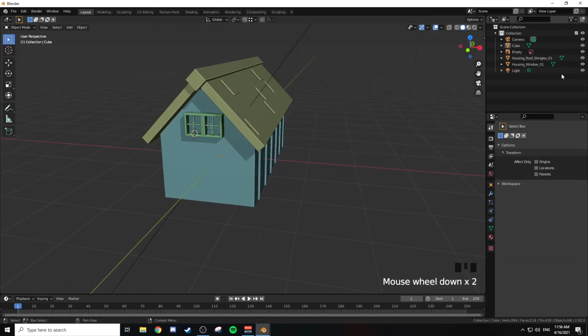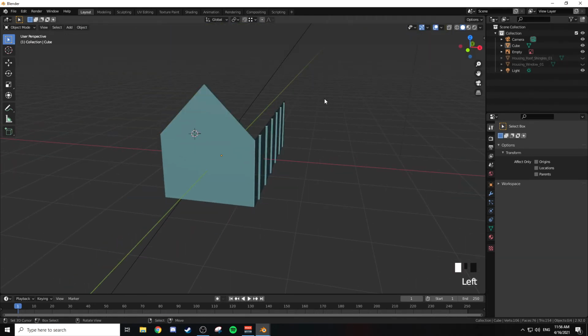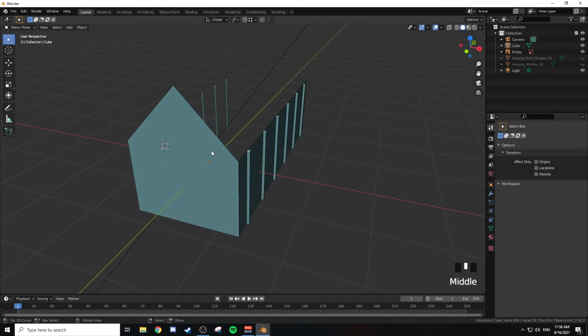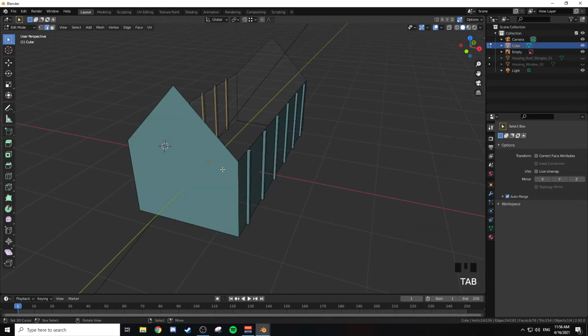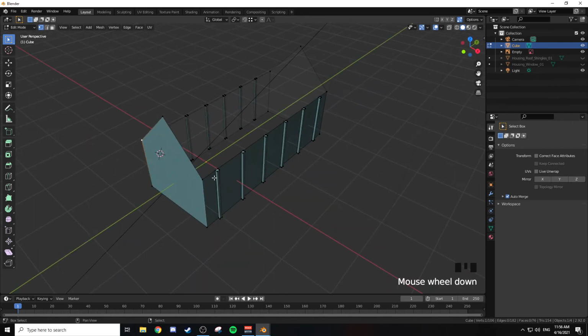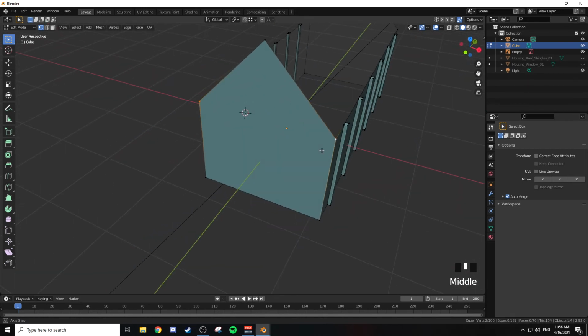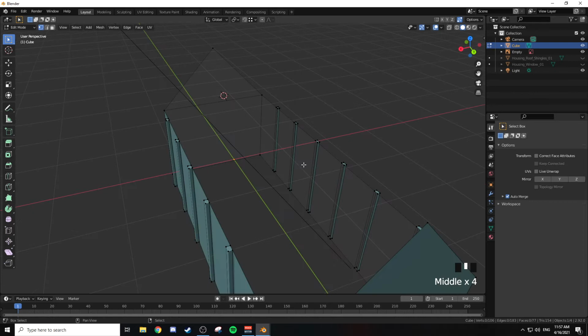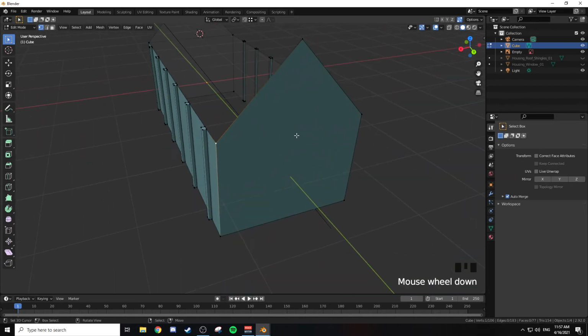Okay. Let's do the same. Let's hide the window and the roof. Let's do the same for the front and the back. Tab into edit mode. We don't want these 2x4s. We don't want them all the way to the top. Well, you could if you wanted to, but I don't. So I'm going to do 1 for vertex select. I'm going to select this vertex here, this vertex here. Now you could press J to join. Okay, anyways. Grab this vertex,